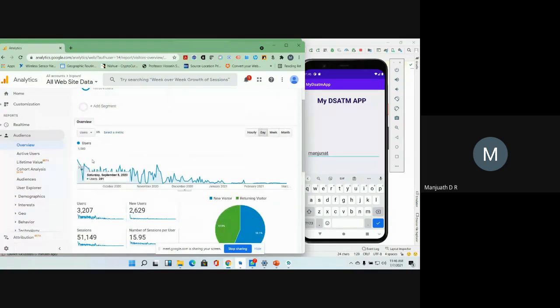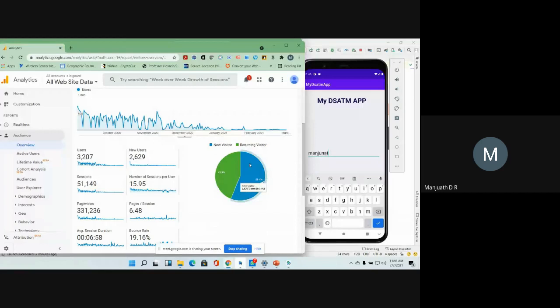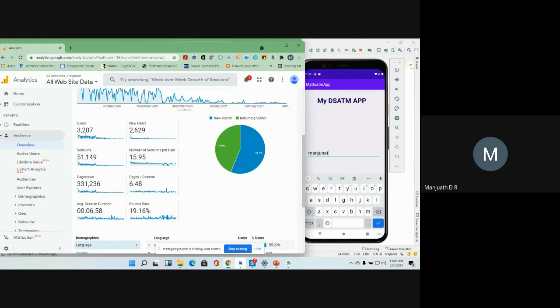See, a lot of users have come to my application, and you can see how many users appear month-wise. During the last year, we used this tool for online learning purposes. Every student started logging into our application and learning from it. This usage data tells us how we can improve our application. There are a lot of users, meaning all the students from the CS department, and these are the retention numbers, meaning returning users,